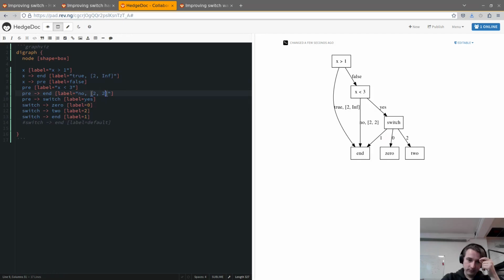Exactly. But my point that I stated before is that if the compiler is able to prove that in the block x less than 3, x is actually less than or equal to 1, it's just going to remove that or change that, and the switch will lose some cases. The entire control flow graph will look much simpler than this, and we might be able to come up with good decompiled code that doesn't really look like this at all, but it's still readable and nice. I mean, what Pietro is saying is that we are not handling this, but hopefully some upstream pass will normalize this situation. But